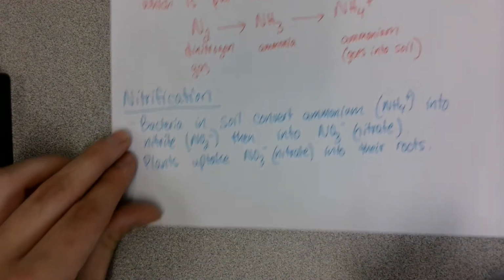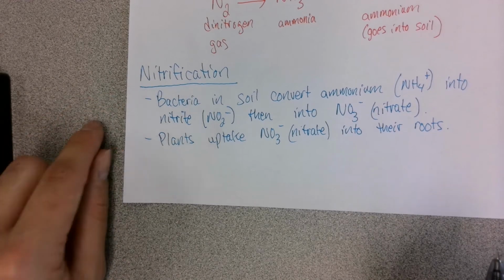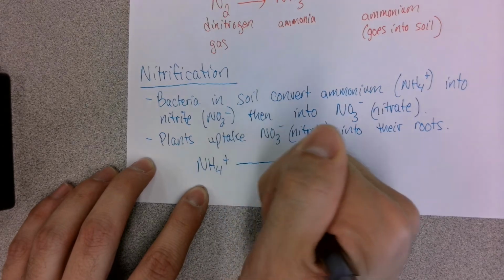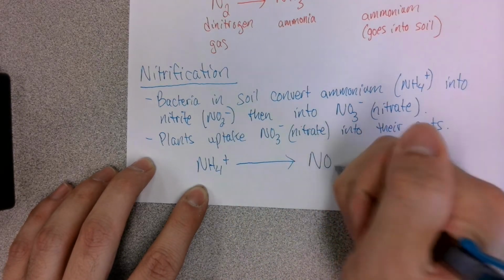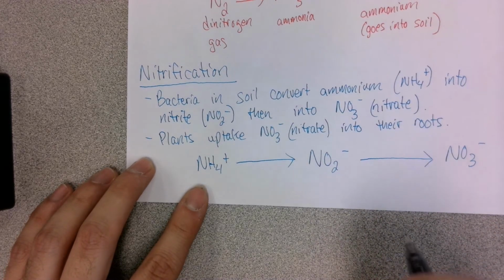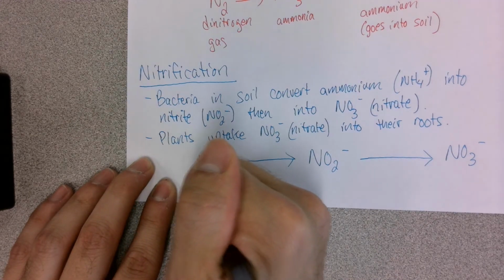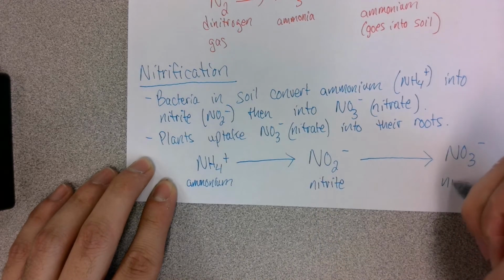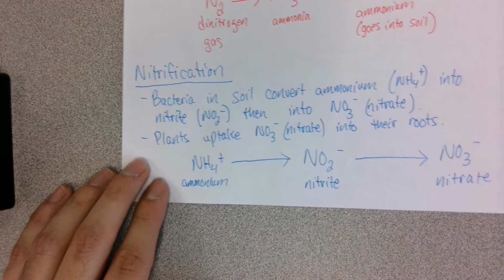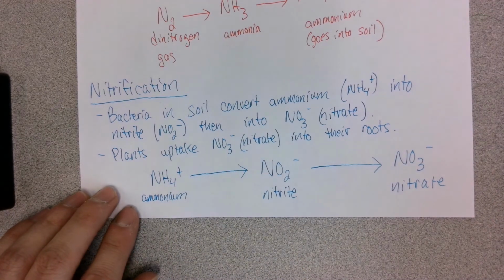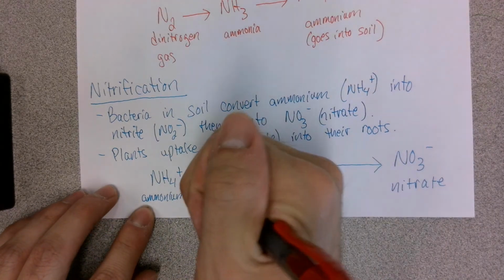Here's the whole process down here. We've got this whole nitrification process. We've got NH4, which is ammonium, being converted into NO2, which is nitrite, and then converted into NO3, which is nitrate. So we've got ammonium, nitrite, and nitrate. Let's talk about the two species of bacteria that do this. To convert ammonium into nitrite, you're going to need the